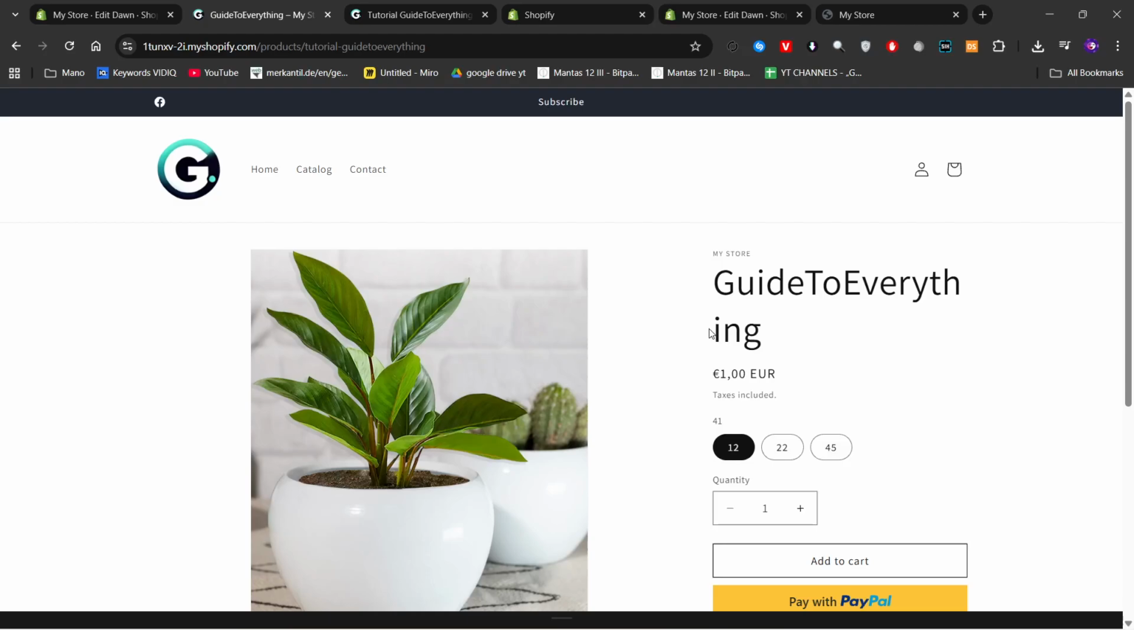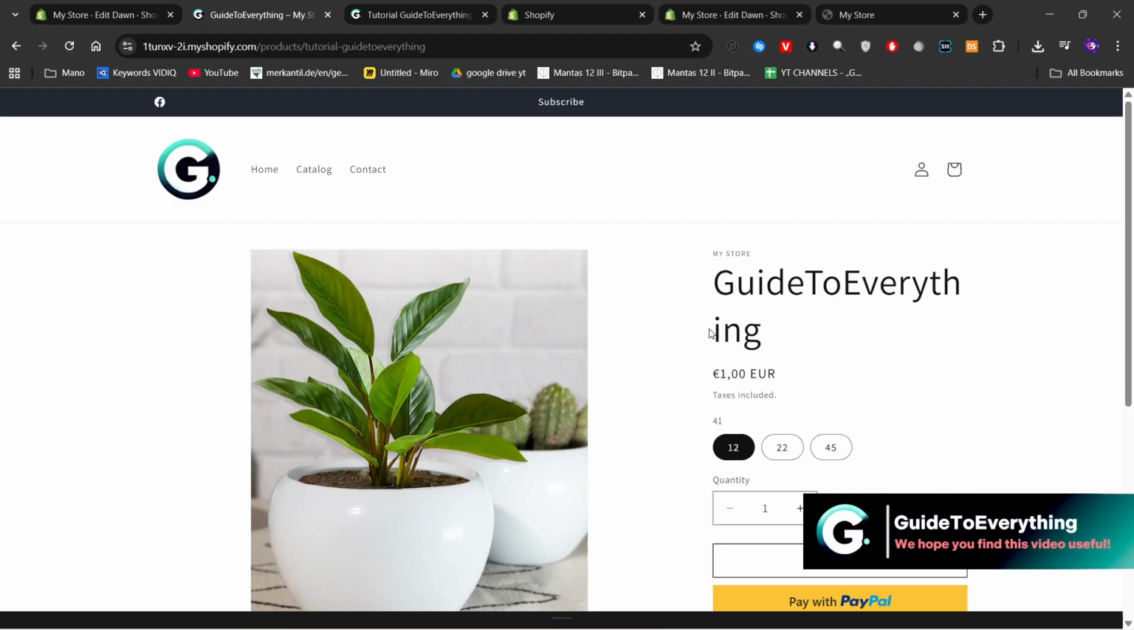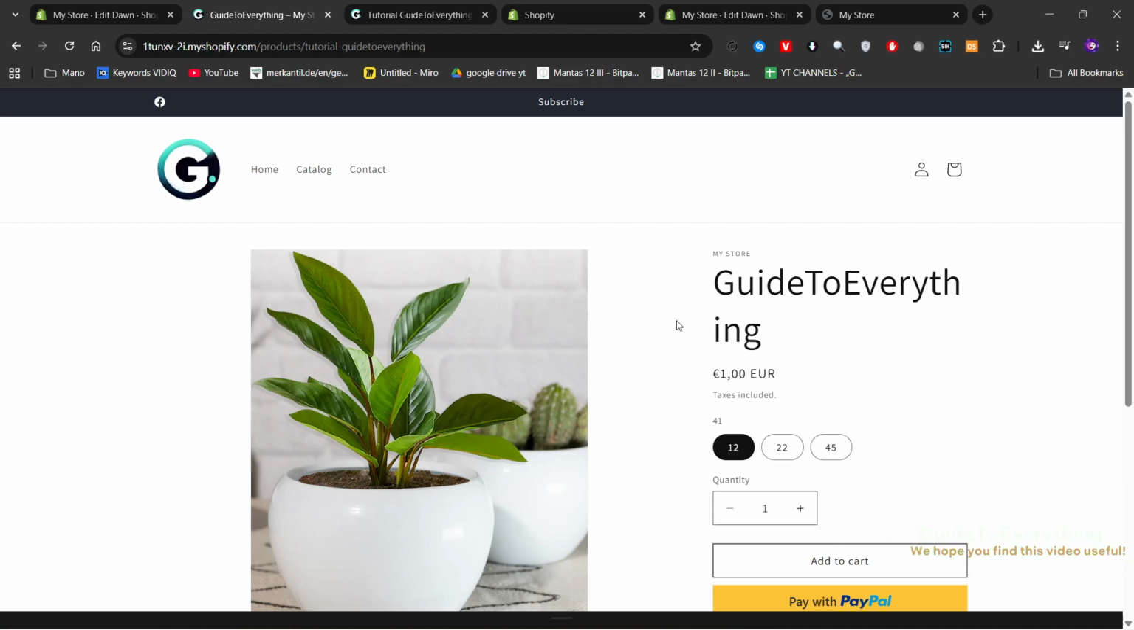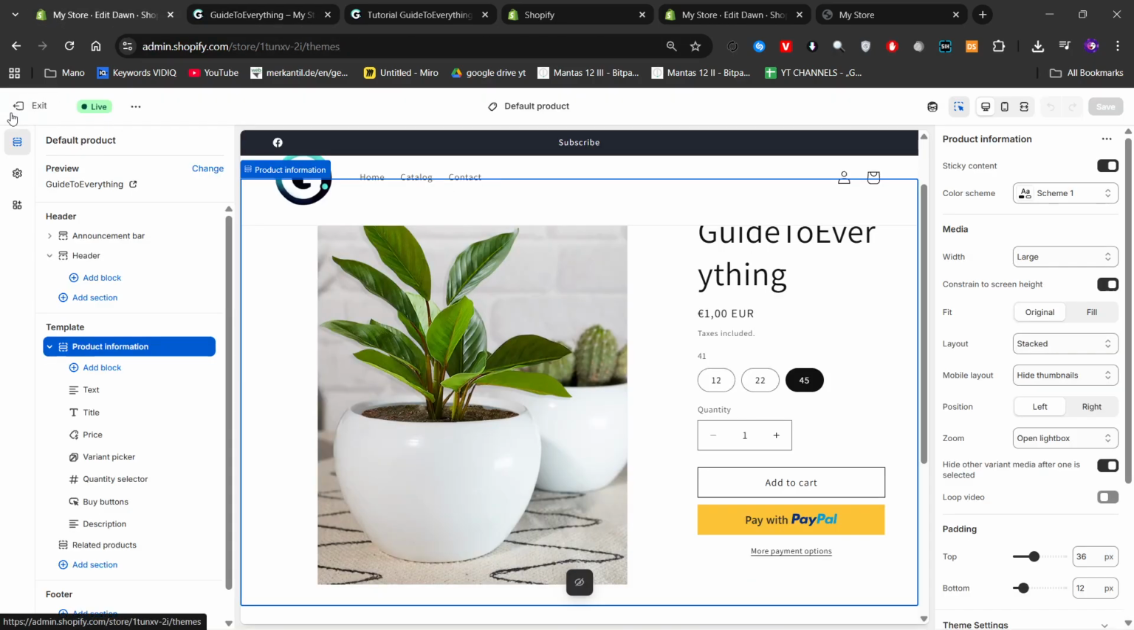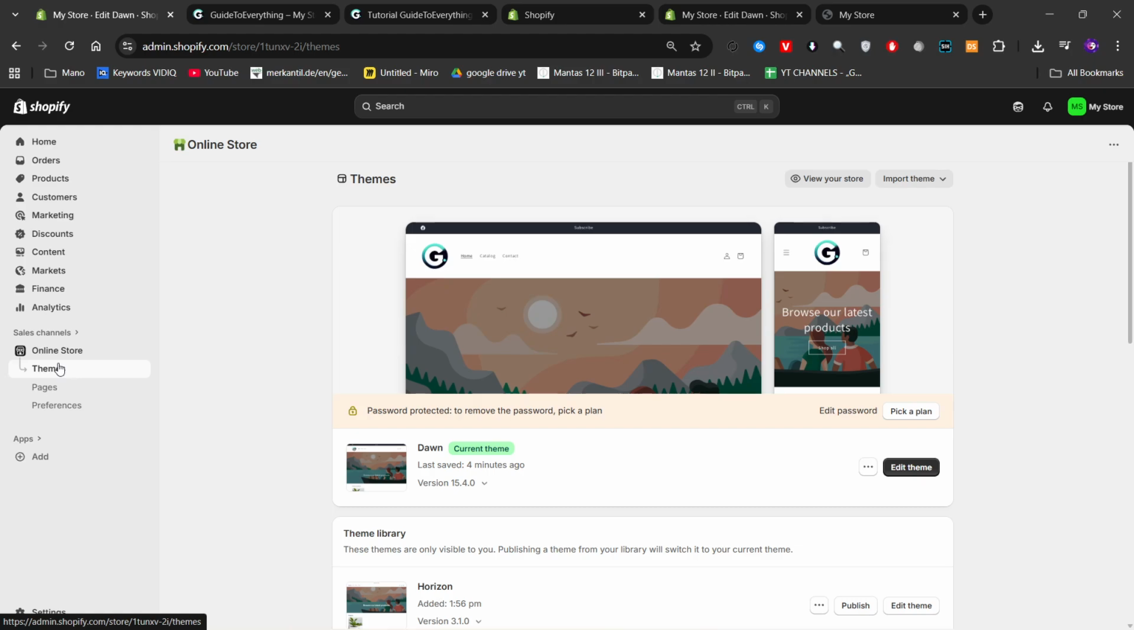Welcome guys, and today I'm going to show you how to change variant picker type from pills to Dropdown in Shopify Dawn Theme. So what you'll need to do is basically go to your Shopify control panel, click on themes,